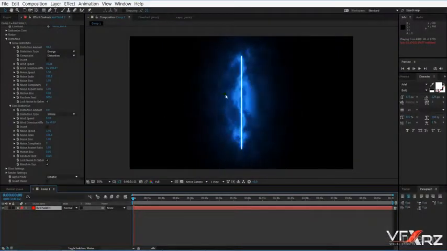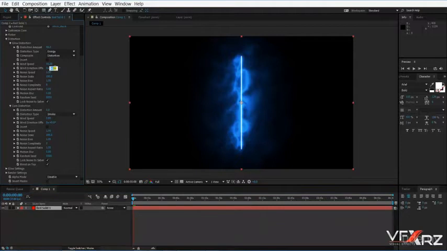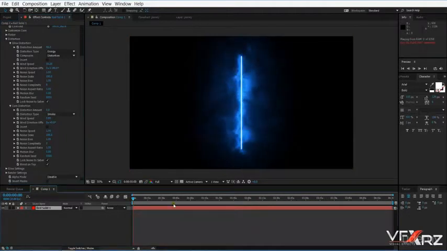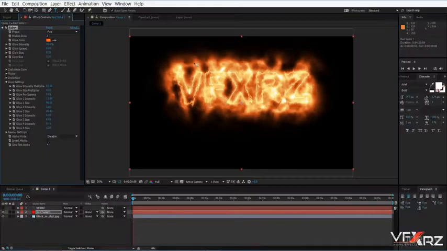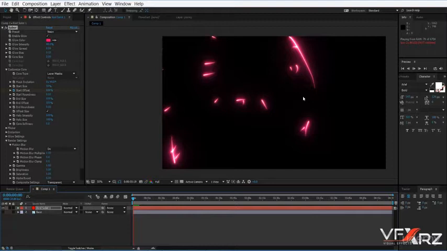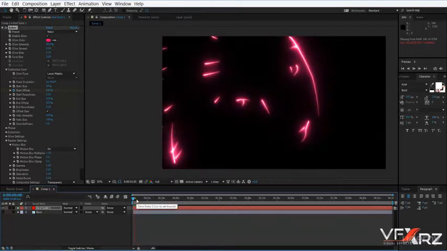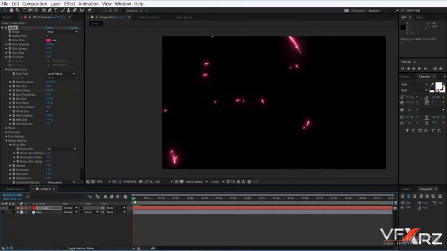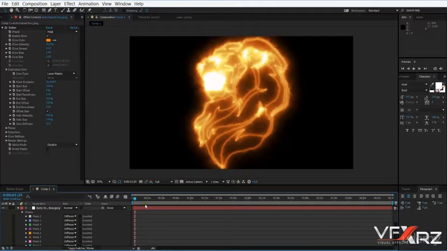After that you will learn how you can create wind in Videocopilot Saber and how you can use that, and after that you will learn how you can customize your glow settings in Videocopilot Saber, and after that you will learn how you can create animation. Here is just a project, okay, and how you can change your logo to fire and how we can use that,